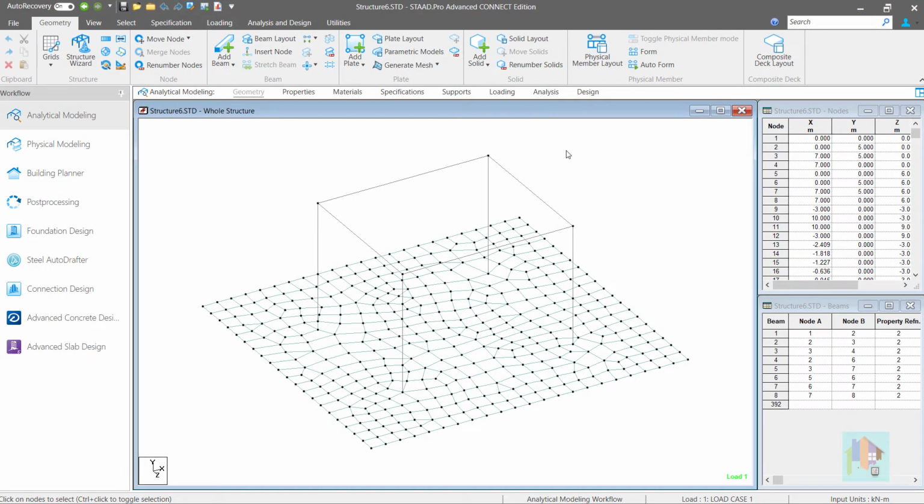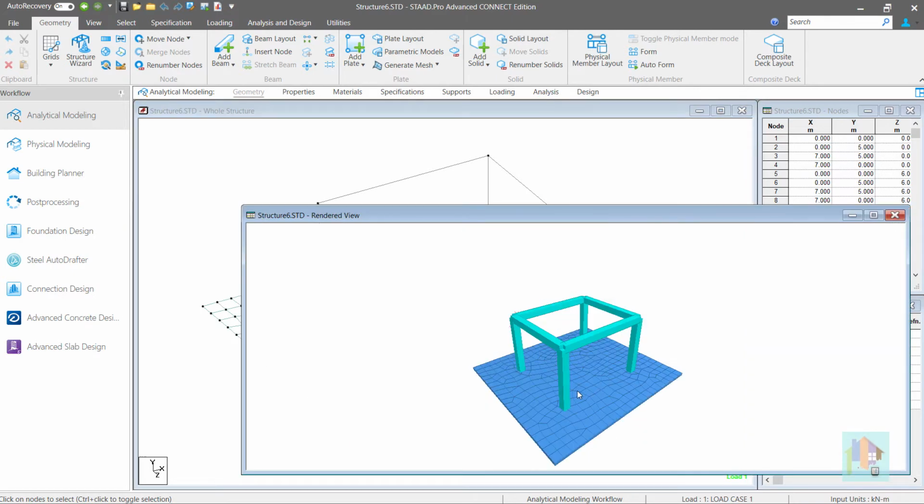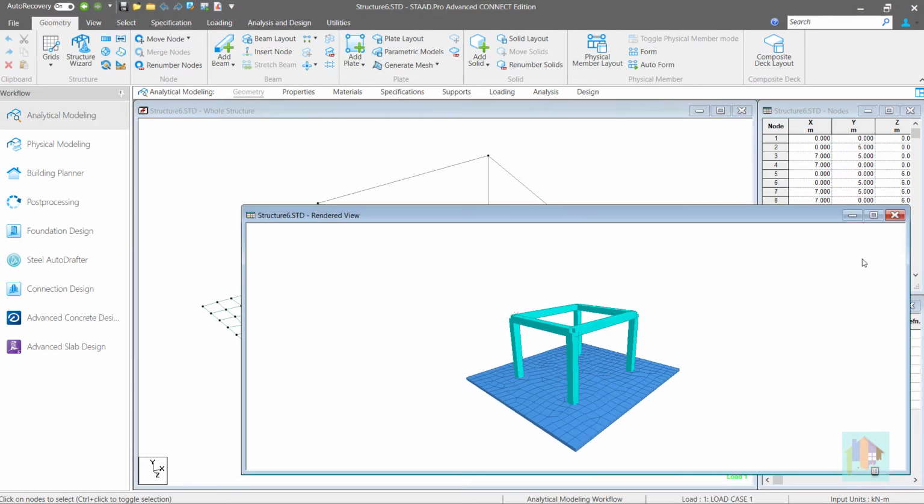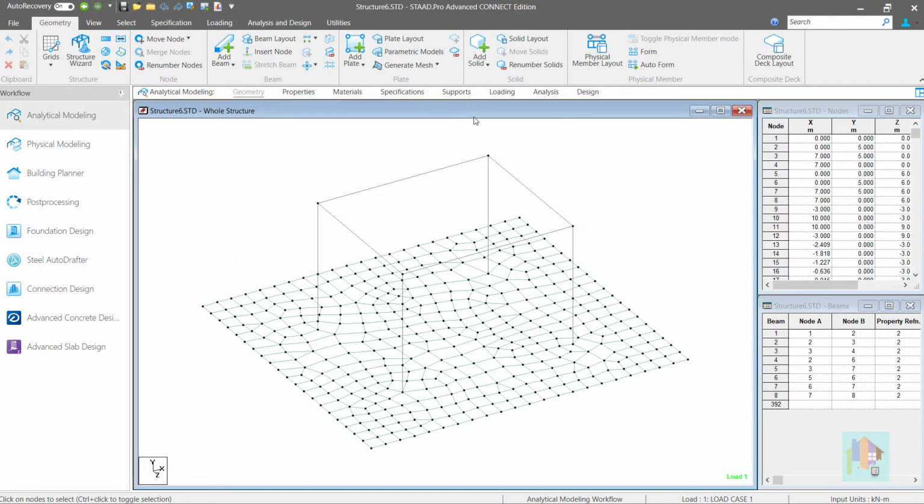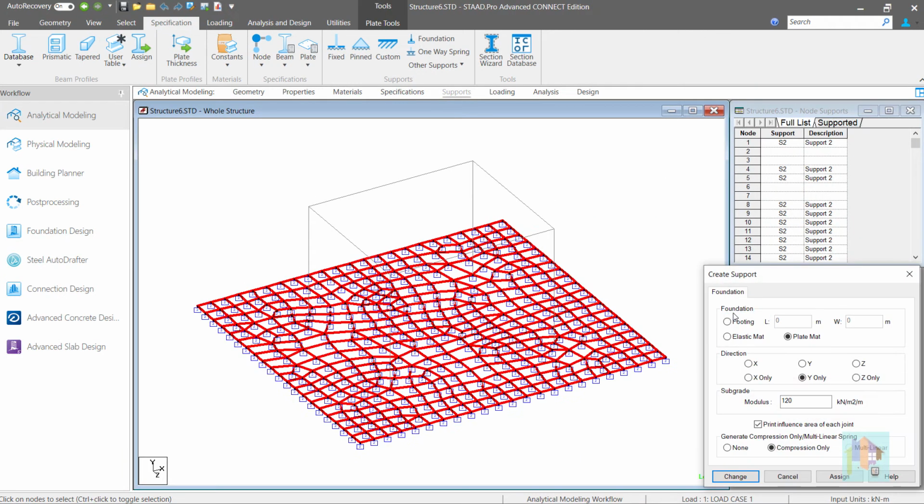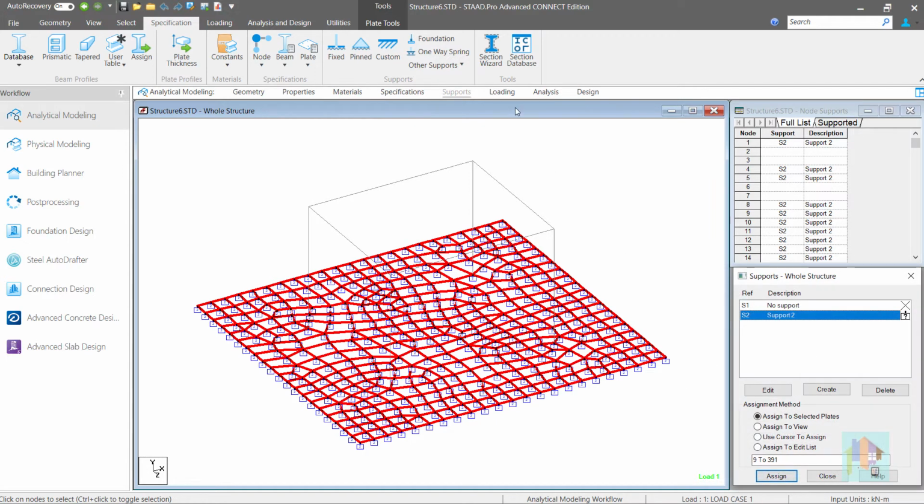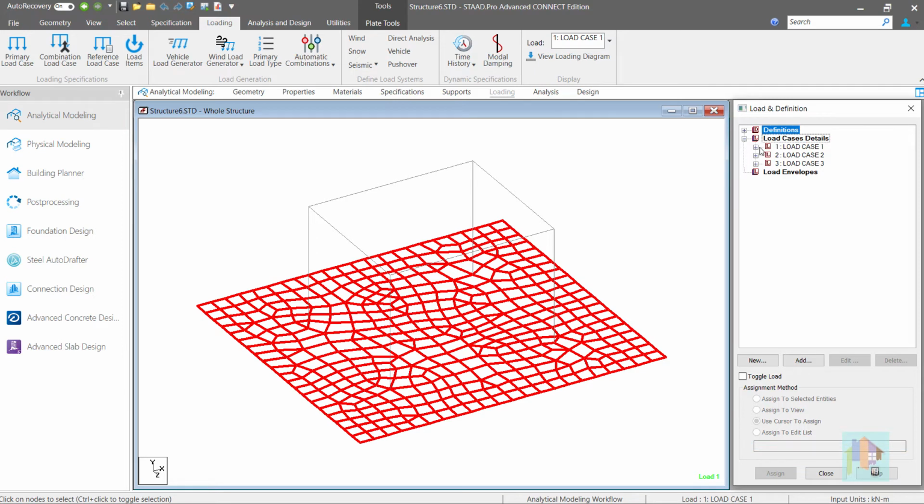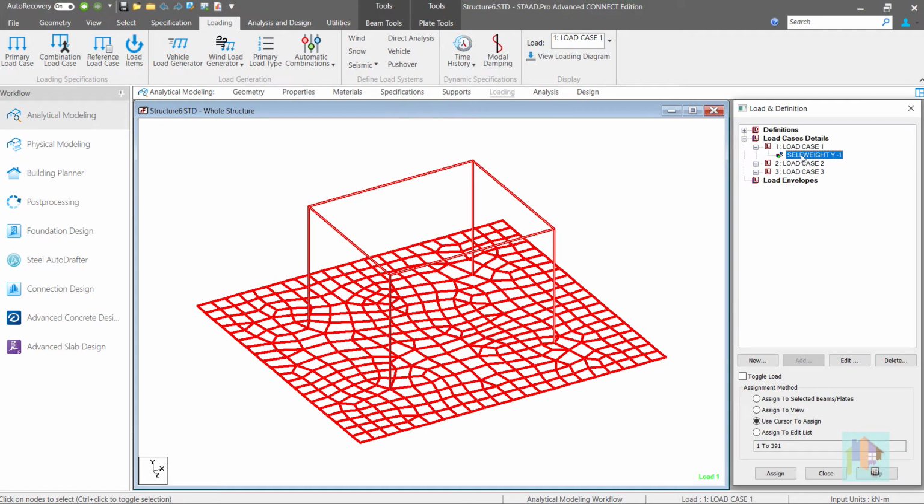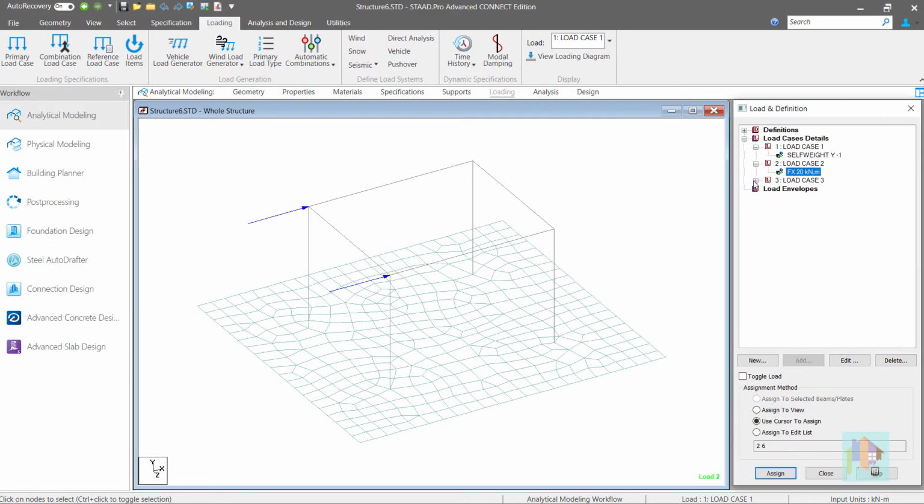Next model is a mat foundation structure, like a pump house or base slab of a high-rise building. Plate mat support is assigned with compression-only spring, and the direction of the spring support is at the Y-only direction. For this model, I have removed all other loads, and there is only a gravity load, self weight of the structure, a lateral load from X direction, like wind or seismic load, and a combination load case with these two